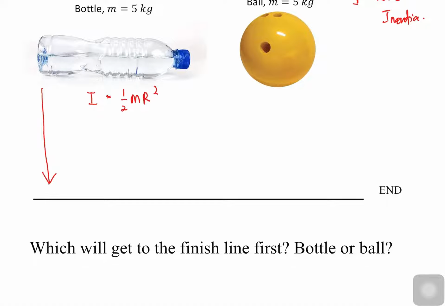Let's say the radius is the same and the mass is constant. Then for a ball, it's a solid sphere, so it's 2/5 mr². So earlier, for linear motion, F equals MA. For rotating, we have torque equal to I alpha. So alpha equals torque over I, meaning that alpha is inversely proportional to moment of inertia.